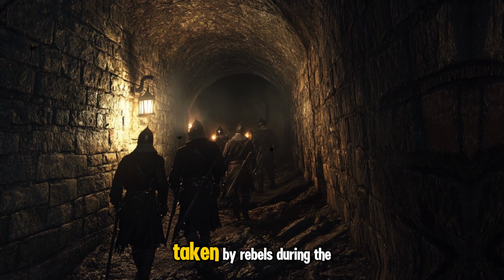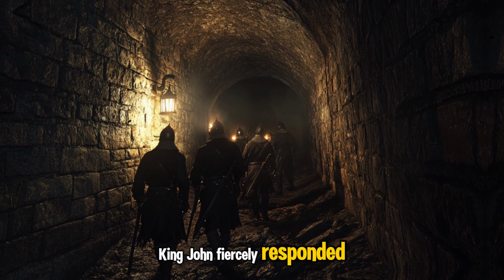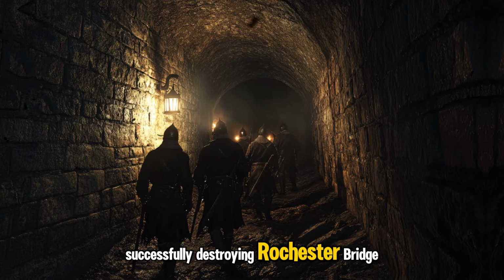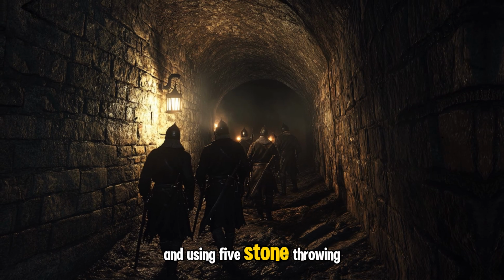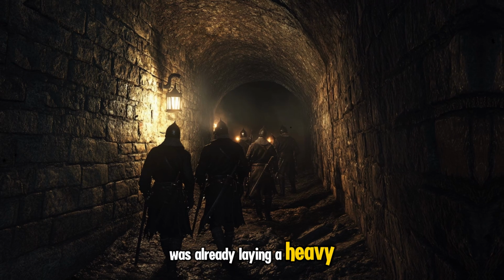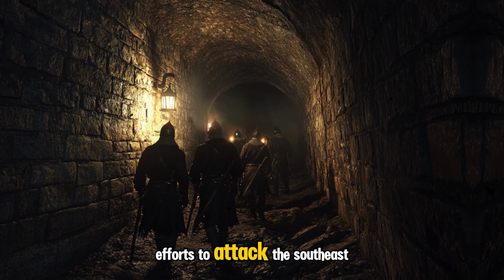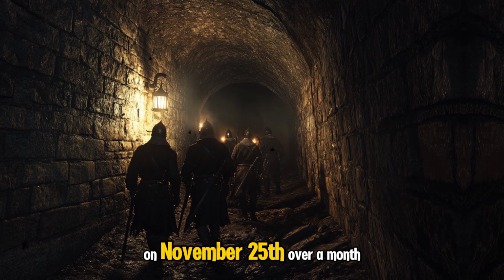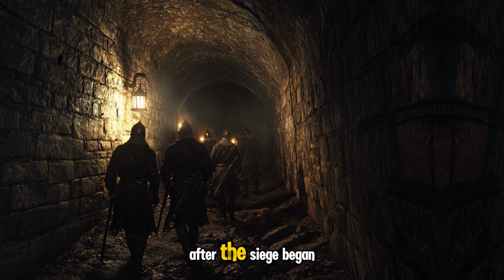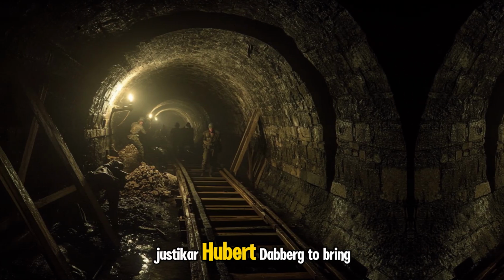so when it was taken by rebels during the war, King John fiercely responded, successfully destroying Rochester Bridge and using 5 stone-throwing machines and bowmen. King John was already laying a heavy siege to the castle as he began sapping efforts to attack the southeast tower. On November 25th, over a month after the siege began, King John sent for his justiciar, Hubert de Burgh,